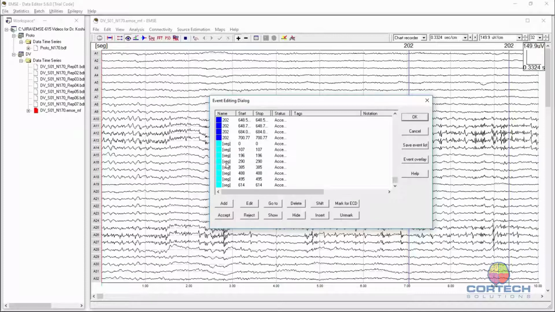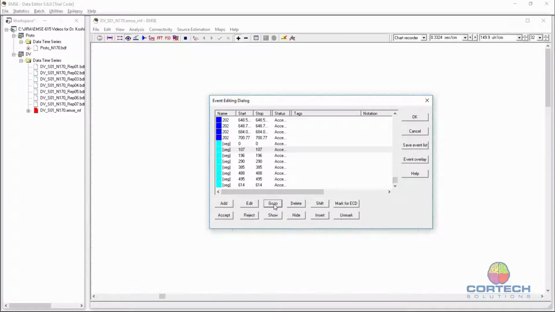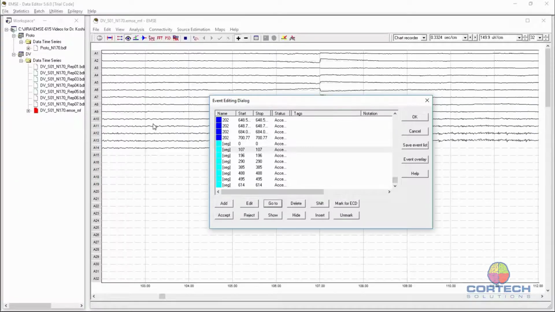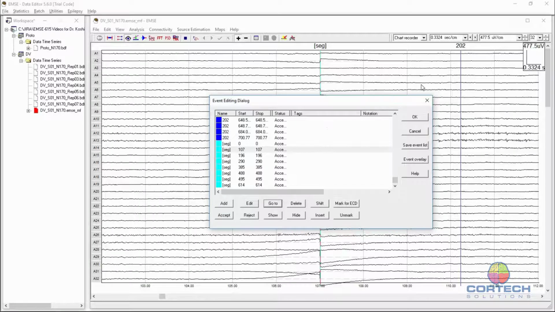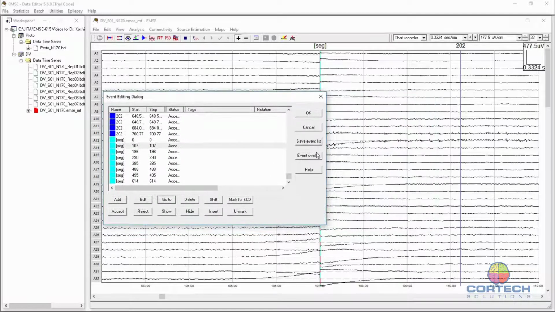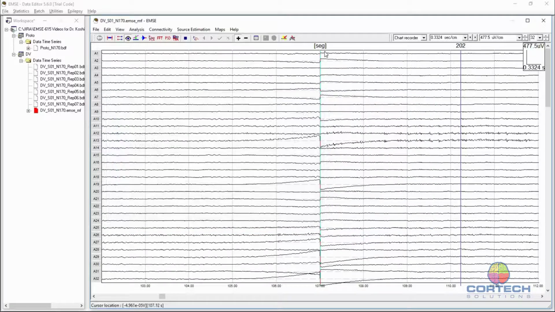So, for example, if I select this first one and say go to, okay, we can now see, I'm going to cancel, we can now see we've gone to the first discontinuity in